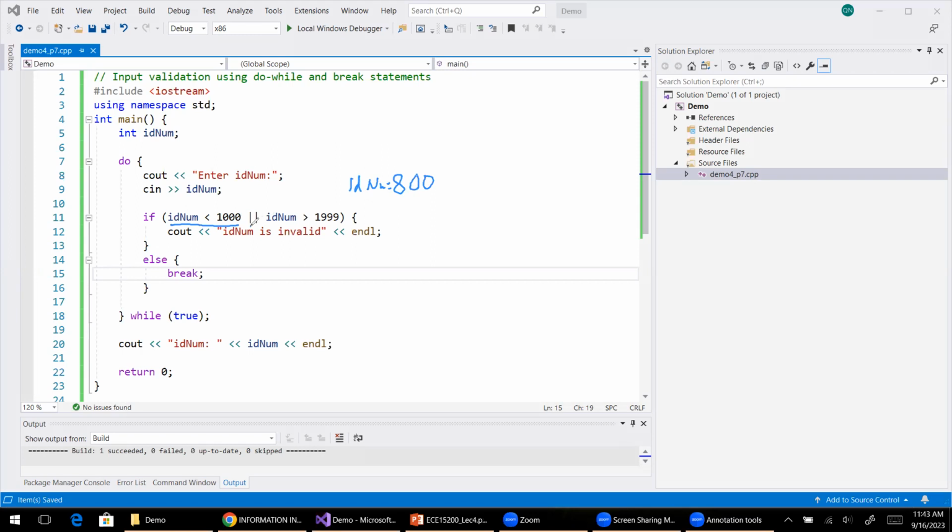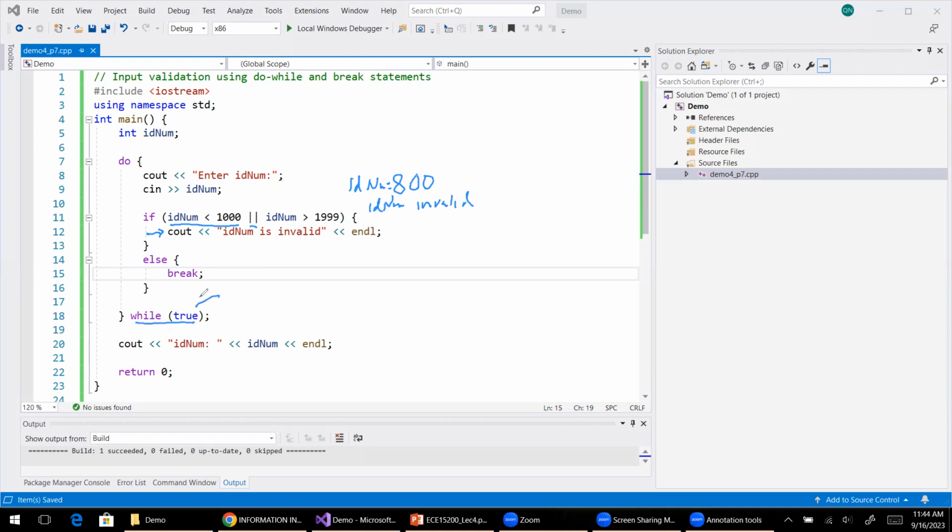And then you have the OR operator. In an OR operator, if one of the expressions is true, then the whole expression will be true. So since idNum 800 is smaller than 1000, this is true. So then we will display ID num is invalid. And then the else part will not execute,